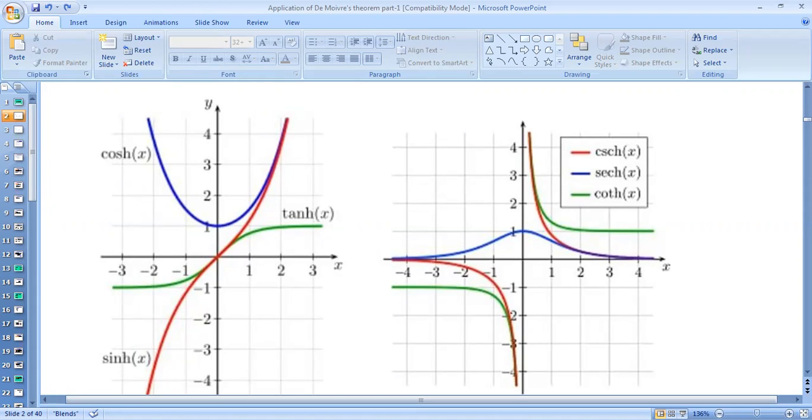Okay. Similarly, cos hyperbolic will be plus and sin hyperbolic will be minus. i is absent, remember it. In hyperbolic functions i will be absent. Tan hyperbolic, what will it be? Sin divided by cos, formula 10. That means e to the power x minus e to the power minus x divided by e to the power x plus e to the power minus x. Similarly cot, sec, cosec, we get these formulas.